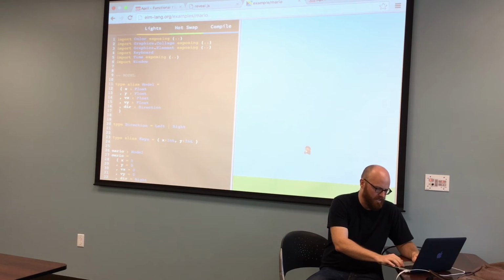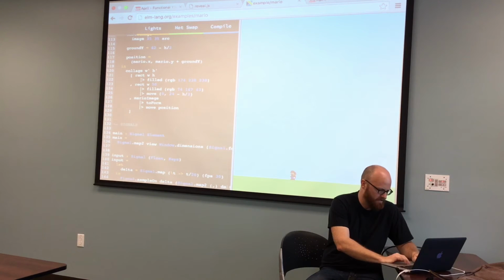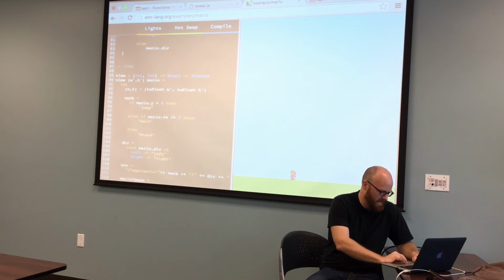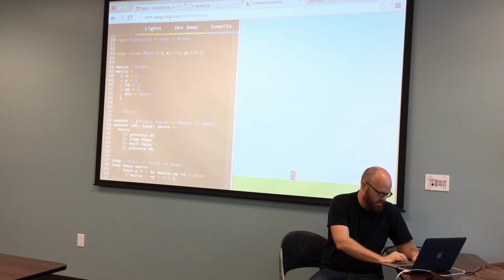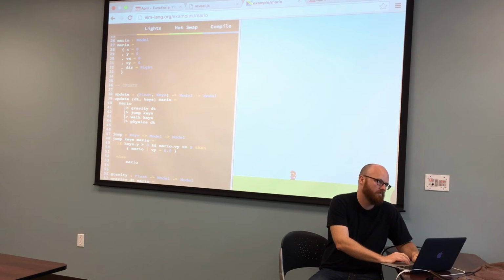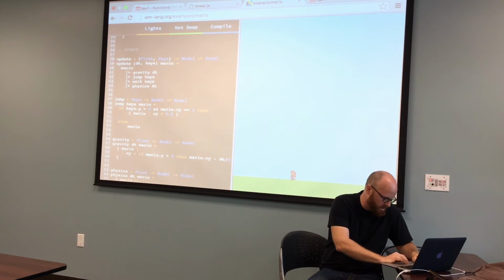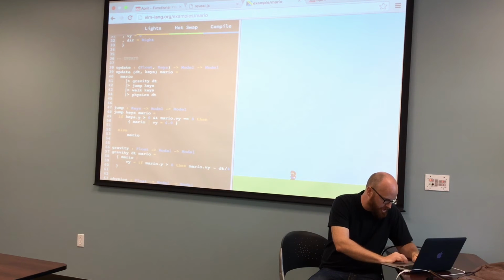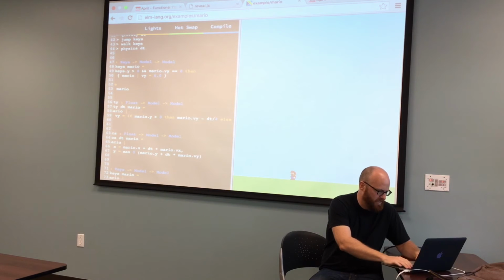I didn't really talk about it, but this is all written in Elm, 144 lines to get this. It is very much like Redux. You've got the time traveling debugger built into the framework. I wanted to quickly show, I think this is gravity. If I change this to 1 and hot swap, you can't jump very high.